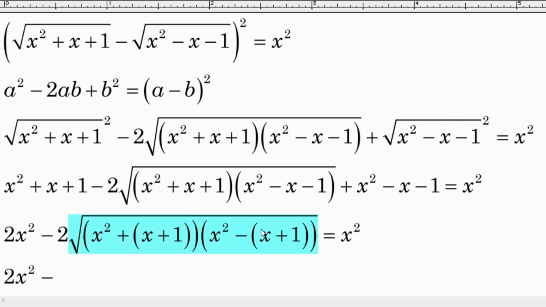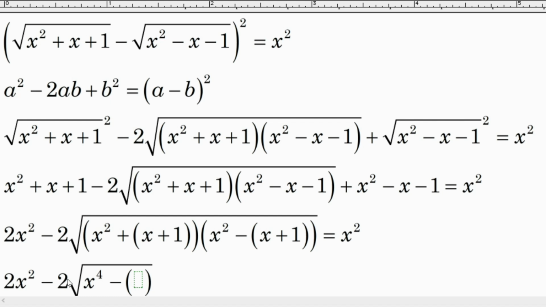So I want you to look at this part, and these two factors, it will be in the form of a plus b and a minus b, so that will be equal to a squared minus b squared, okay. So then we will get x squared raised to square, that will be x to the power 4, and then minus x plus 1 raised to square, okay, and then equal to x squared,